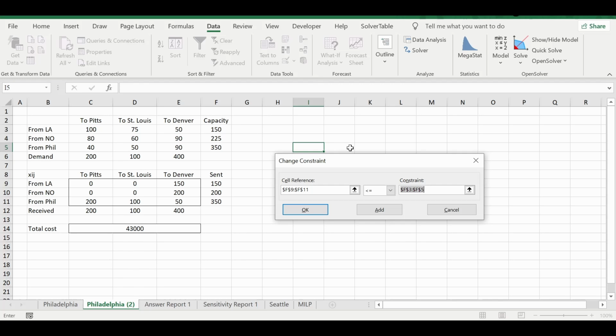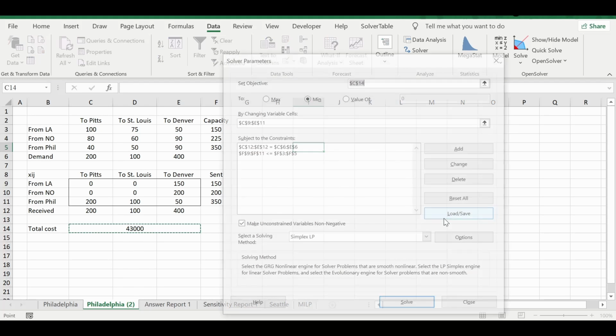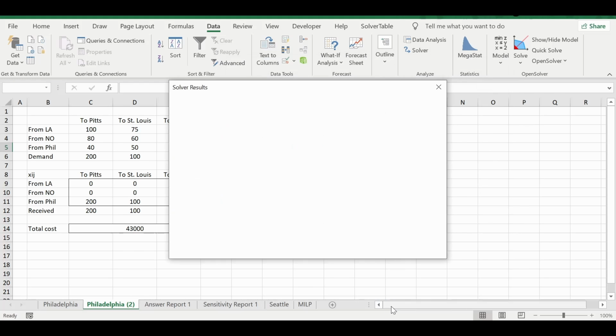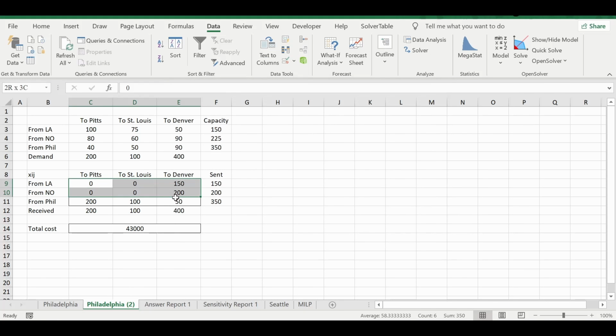Not exactly equal to is not required. So add this and then solve it again. See, again the same solution is coming. So what I meant to say here is, you don't need to formulate a balanced transportation problem in case of Excel. If you want a solution, you can keep it in unbalanced form also.